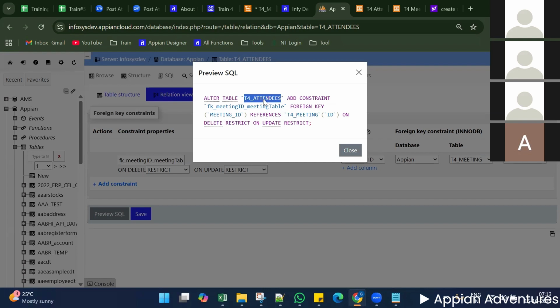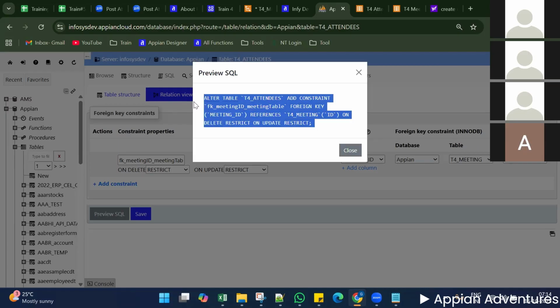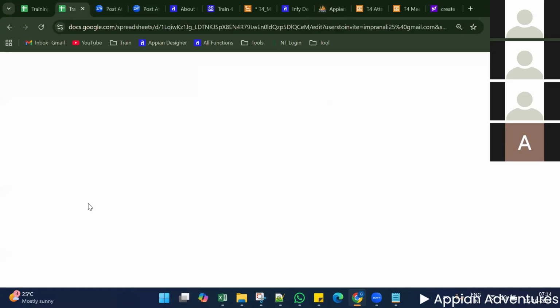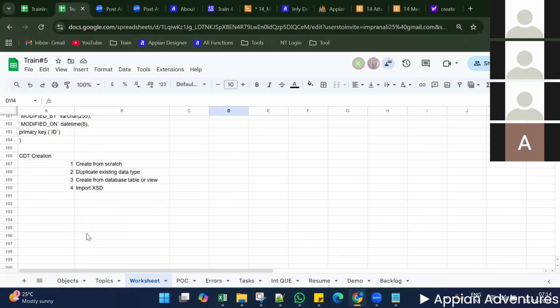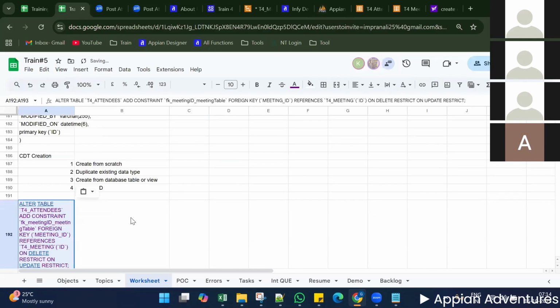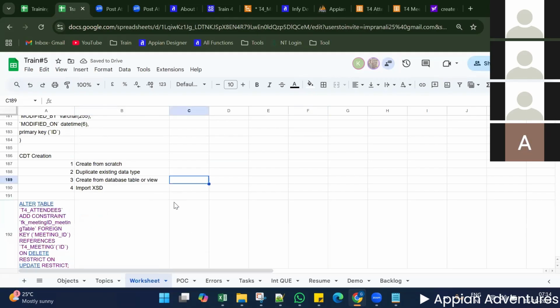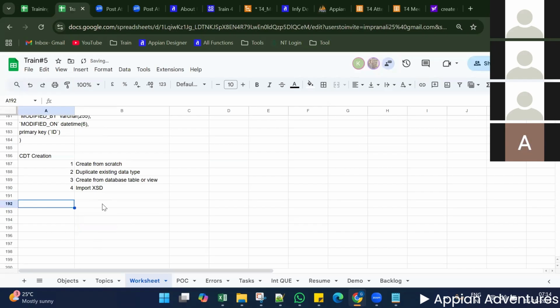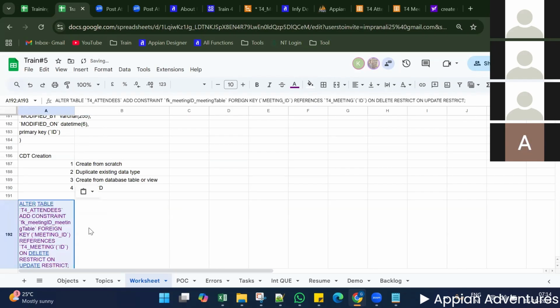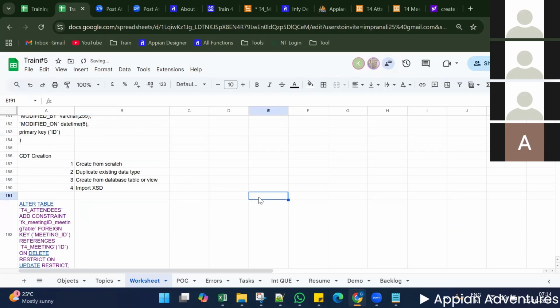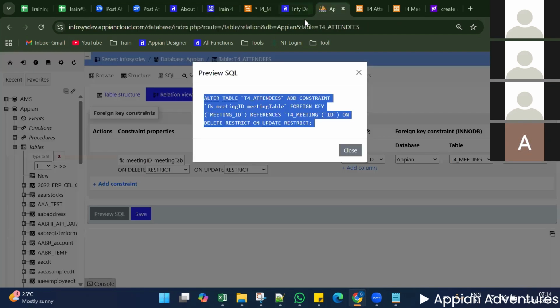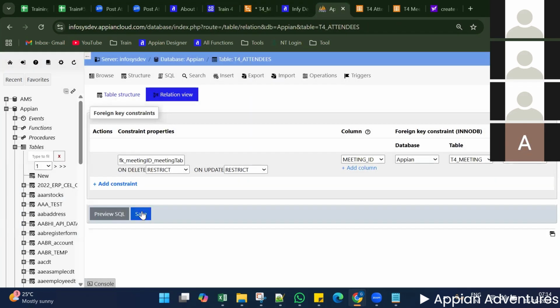Base table in the sense, attendees table meeting ID, referencing the T4 meeting table ID. So we are making the foreign key relationship. If you want to go in depth for this one, I will add it here. You can use this as a reference for your creation as well. Now when I close this and save this,